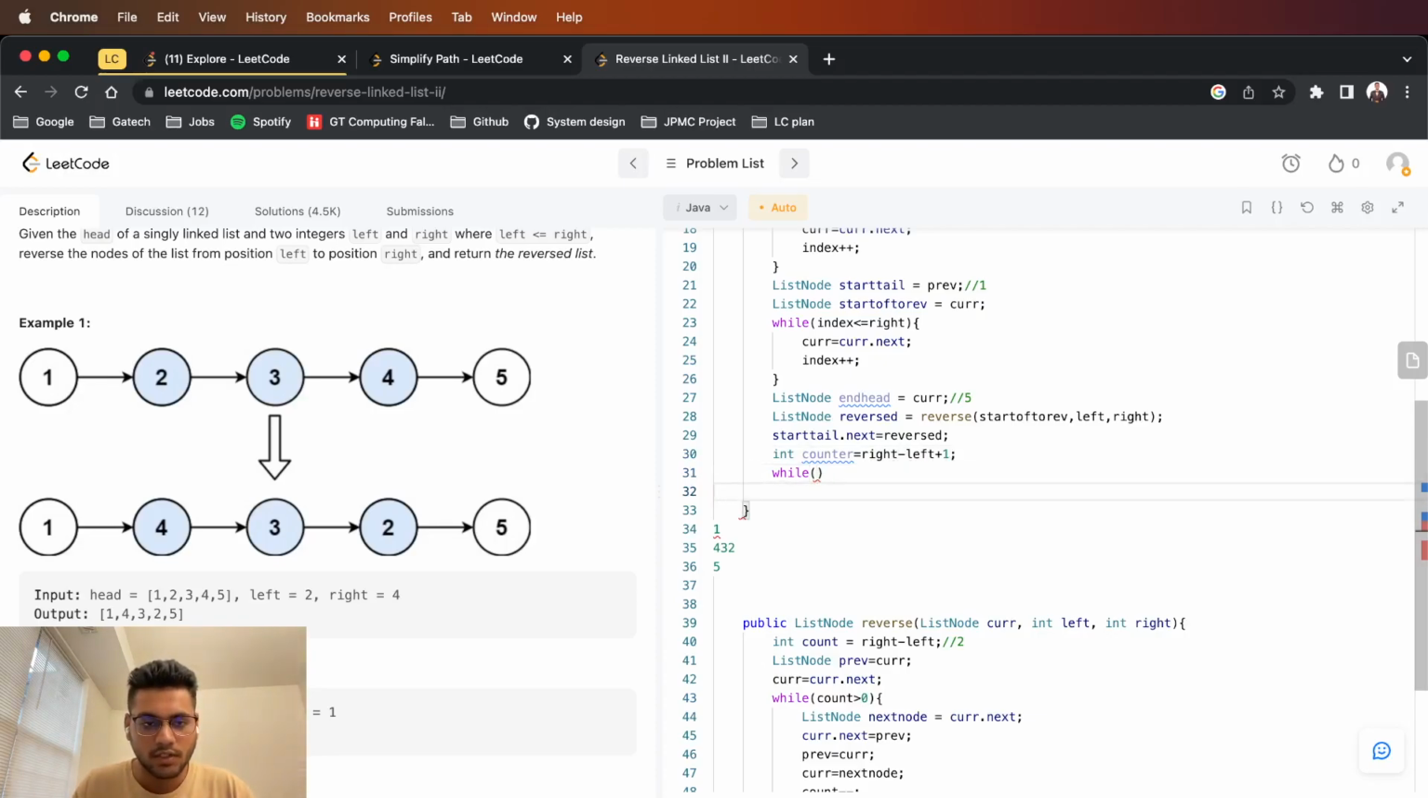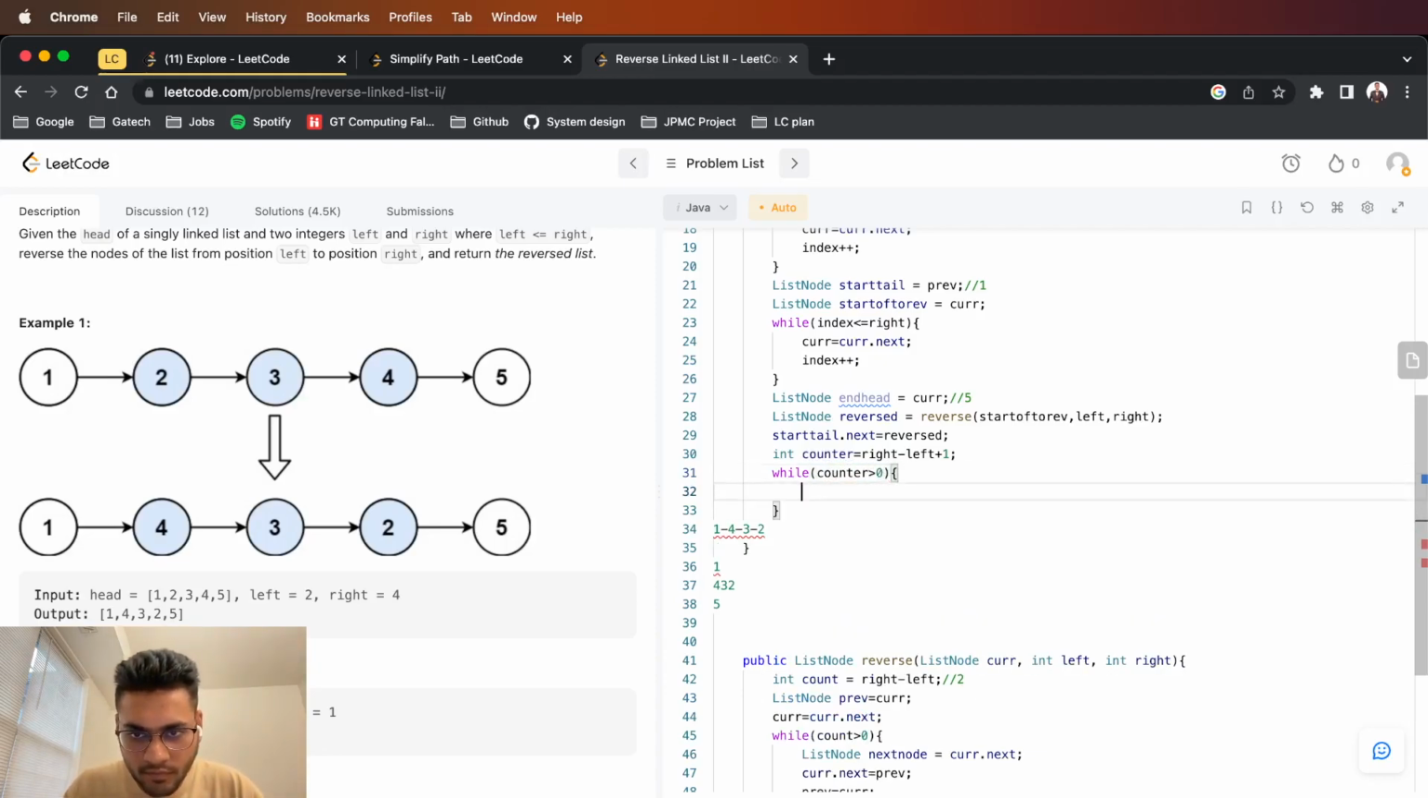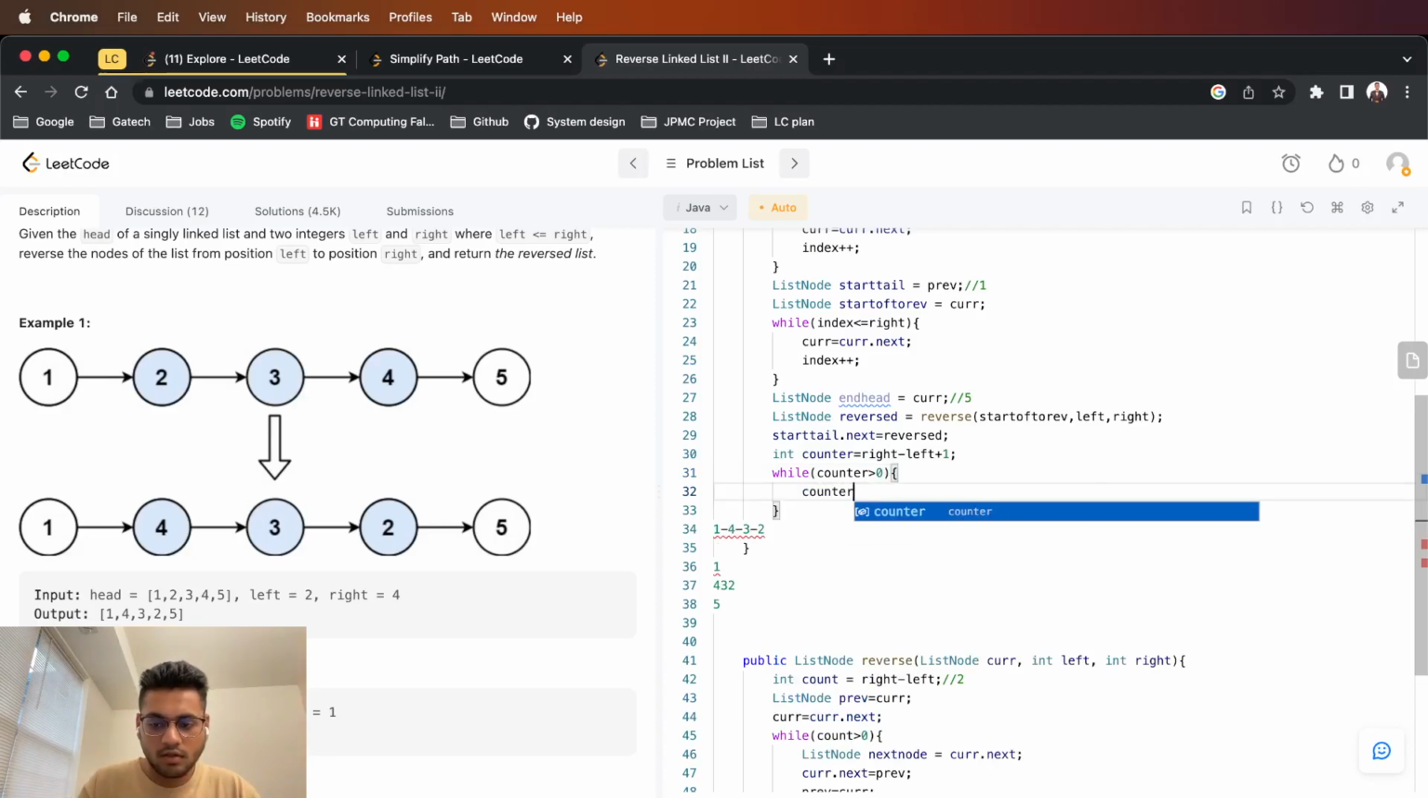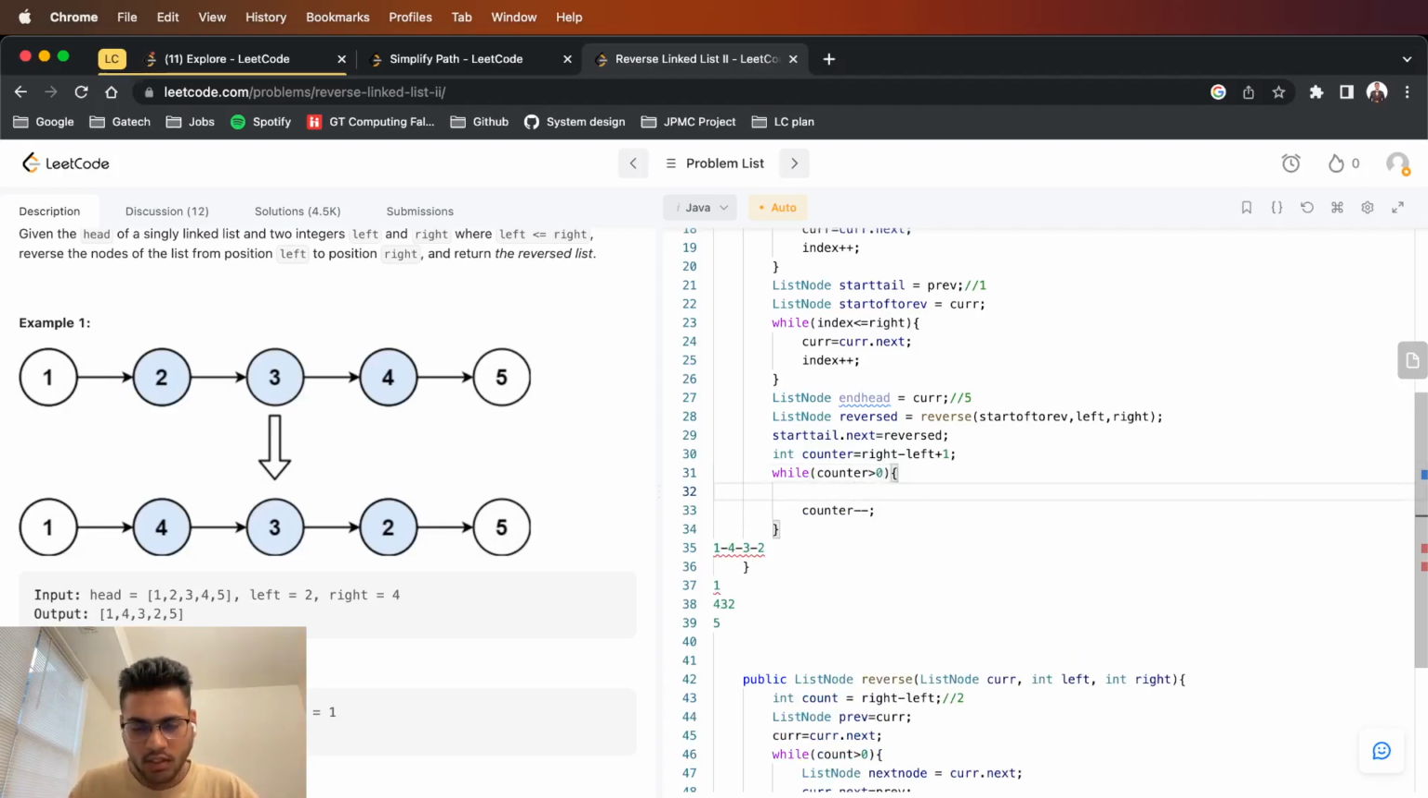So basically here I have just connected 1 to 4 and 3 and 2, and I want to connect this to 5, right? But my pointer is still here. I want it to move till here, right? So what I'm going to do is while counter is greater than 0, counter will decrement by 1, and